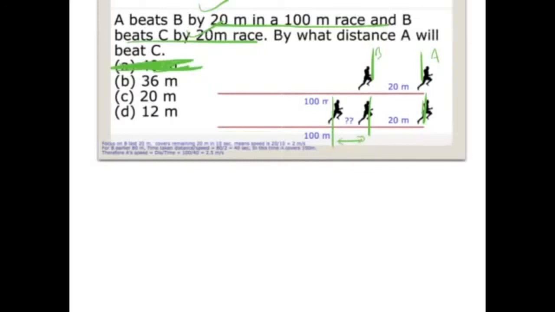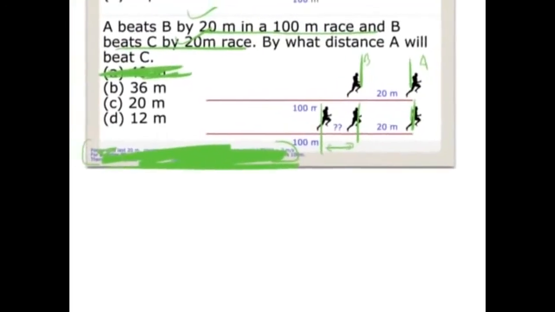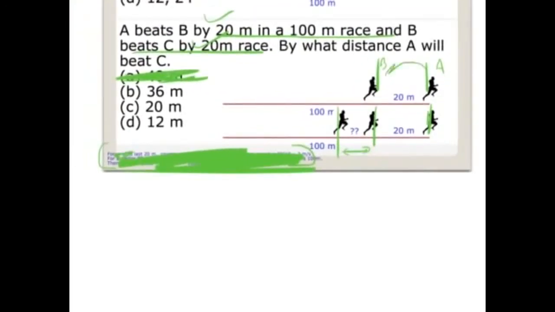Fine. So I can use my normal formulas to solve this question. This is a normal way to solve the question, which you can try later on. Fine. So I don't want you to see any of these kinds of things. So let's try to use common sense. Can I say A beat B by 20 meters? This means B is 20% less than A. So if A was 100, B is 20% less, meaning 0.8 of A, 80.